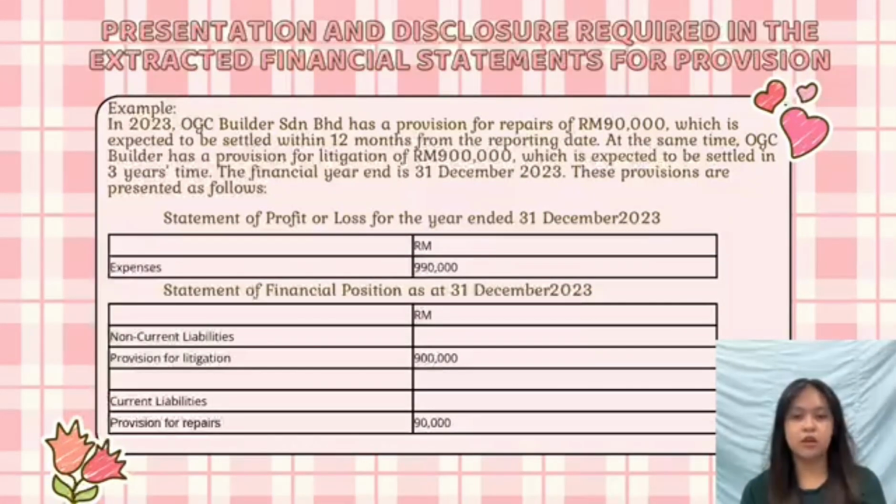These provisions are presented as follows. Statement of profit or loss for the year ended 31st December 2023. Expenses amount 990,000 ringgit. Statement of financial position as at 31st December 2023. Non-current liability, provision for litigation, 900,000 ringgit. Current liability, provision for repair,